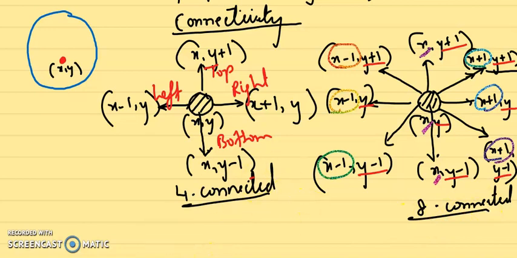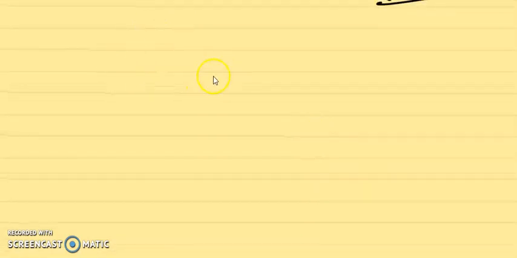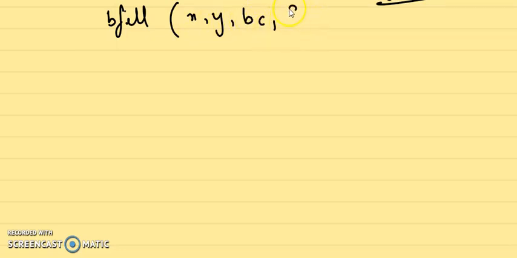So we are just going to see once what is the algorithm for my boundary fill. Now when I know all the values, when I know all these steps, what am I supposed to do? Okay, so we start with our boundary fill procedure and we call this the B-fill procedure. Okay, and the values that I'm going to take in this procedure are x comma y, as these are nothing but the current xy locations. With this I'm going to take something called boundary color, and with this I'm going to take something called fill color.